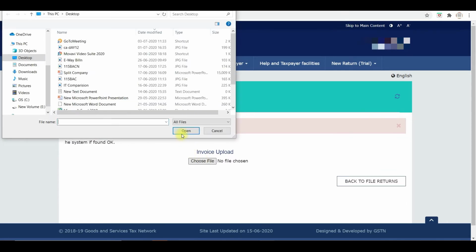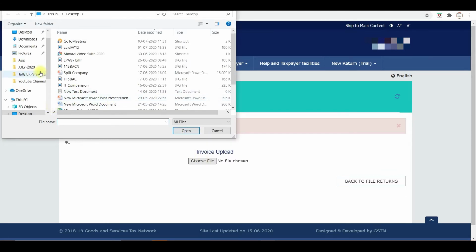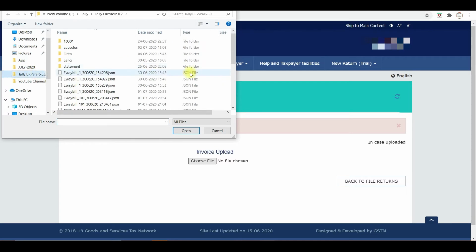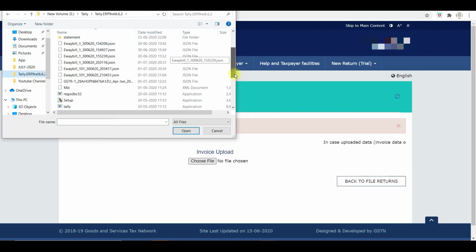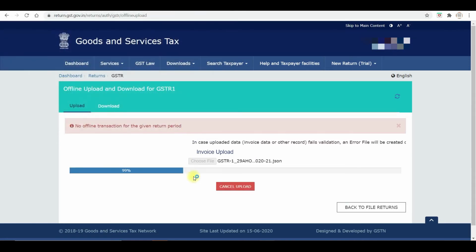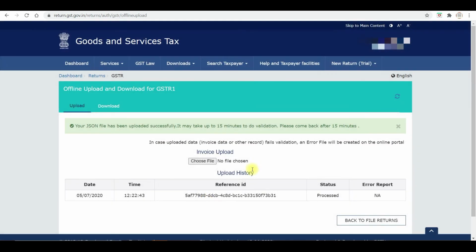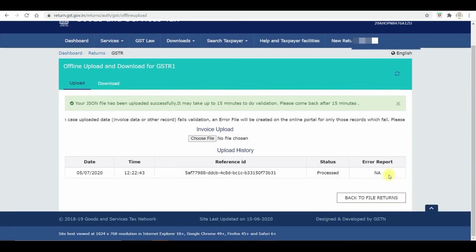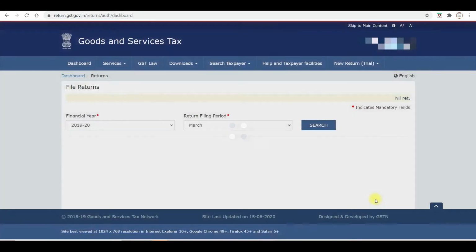Click on choose file and select the folder where we saved the JSON file. Open that Tally folder, select the file and click open. It is loaded. On the same page you can see the message that the JSON file is uploaded successfully. It may take 15 minutes to validate your file information, so we need to wait for some time.